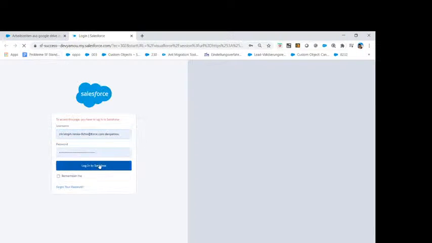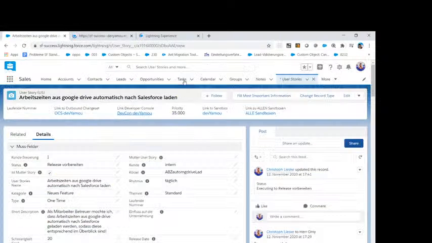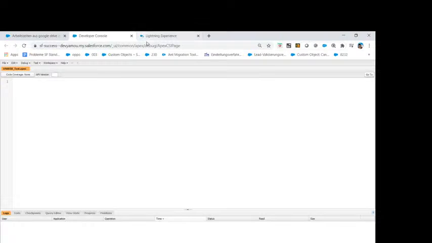Let's go for the change set. Let's log in and let's go for the developer console after this. So it's going to be loading in the console here in the browser and also link to the Salesforce itself. So we don't need to go to this, so we just go like this. And we need to open up the stuff for